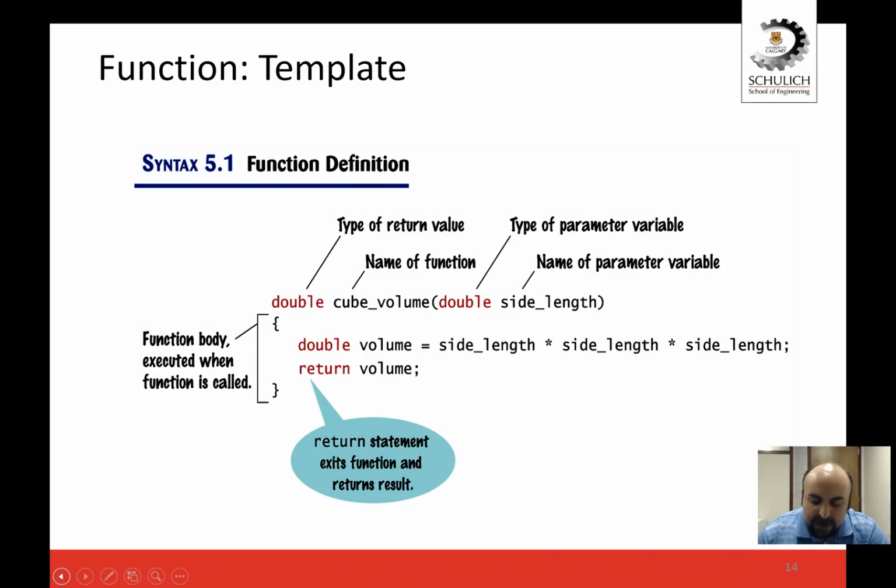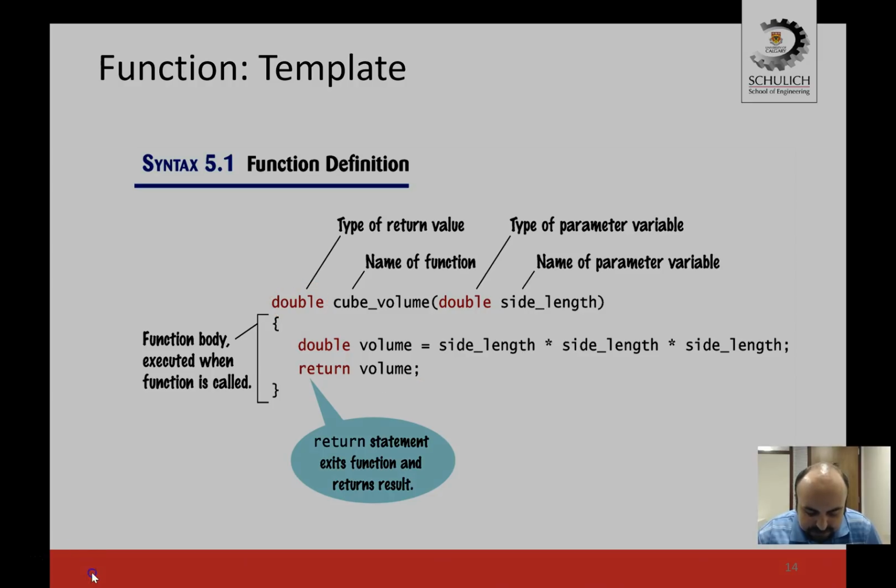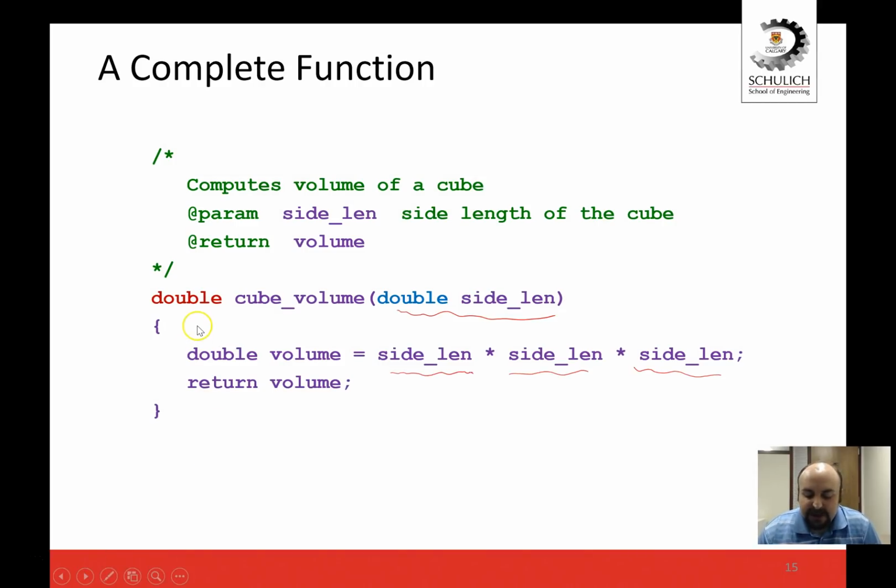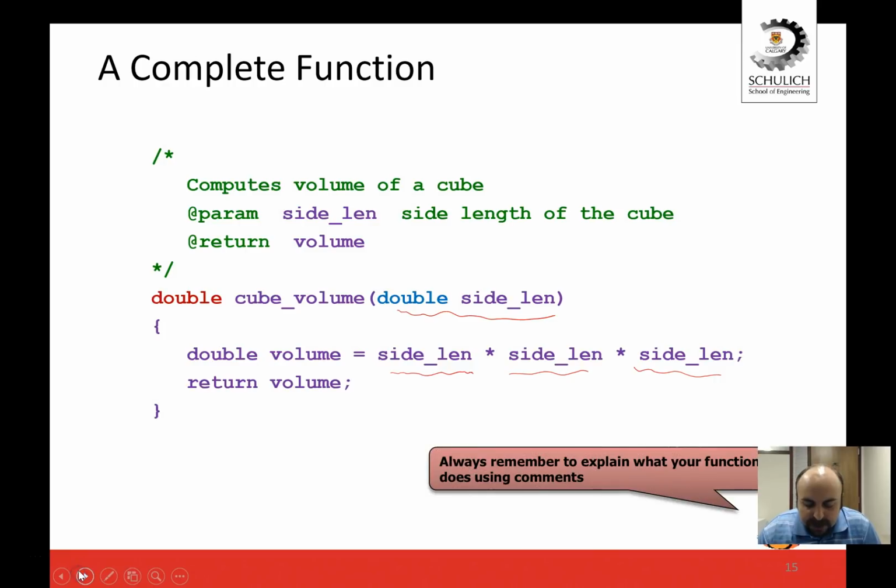Going back here, so in this slide, every single line has been labeled. So the return type is double. Notice that we are also returning a double down here. The name of the function, the type of the parameter variable, name of the parameter variable, and the function body. So refer to slide 14 if you want to see every part of a function. So here we have function volume,